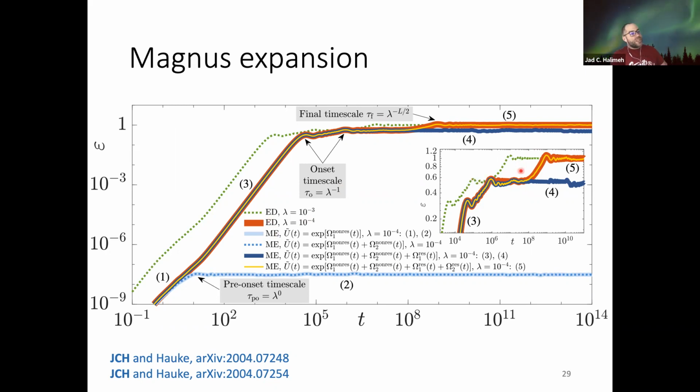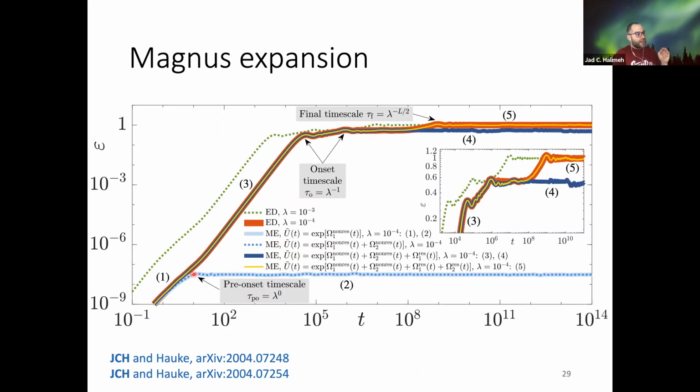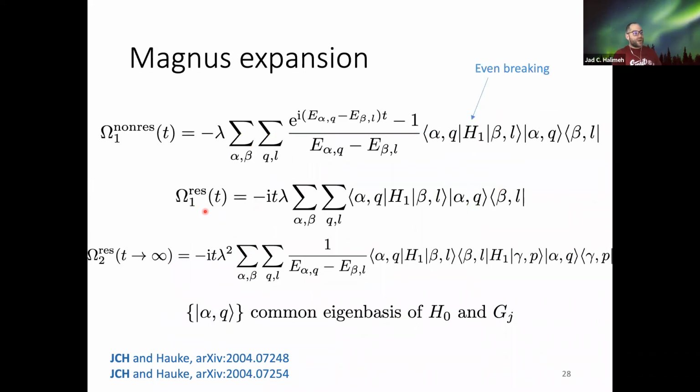These two results, in orange and dotted green, are exact diagonalization, and the other curves are different orders included in the Magnus expansion. So you see, when I include only omega 1 non-resonant, the light thick blue one, originally, before this term averages out to 0, I have some growth in my error until I hit a plateau, the following plateau here. Nice. Now comes omega 1 resonant. Notice, very importantly, that omega 1 resonant of t has also a time scale of 1 over lambda.